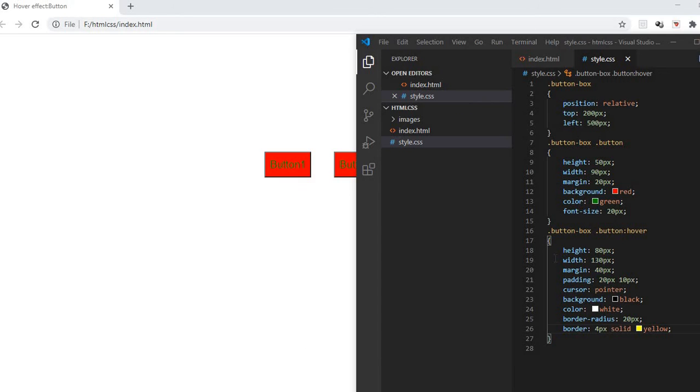Now after performing this effect, we can see that the background color became black, and the color of the font is white. The border color is yellow. This is 4 pixel solid yellow color. Border radius is 20 pixel.